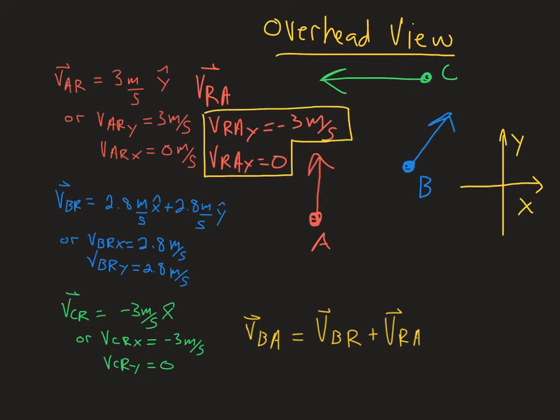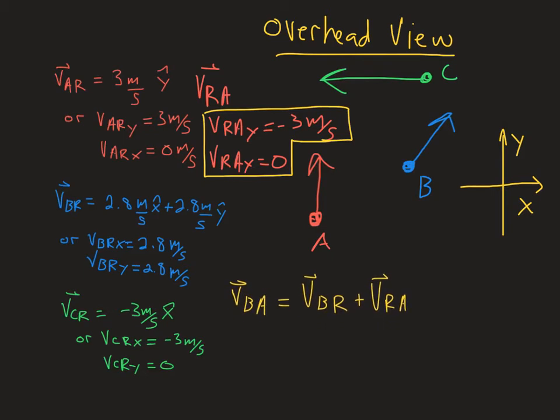And then let's see if we have what we need for our result down here. All right, and now remember, when we're doing vector addition, we have to add the x components of what we're adding and the y components. So let's look at our whole new vector here. VBA is going to be equal to, let's just write down the components now. VBA, the whole thing, the x components are going to be,